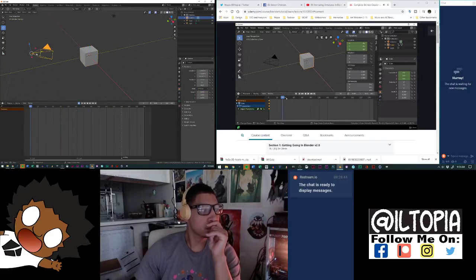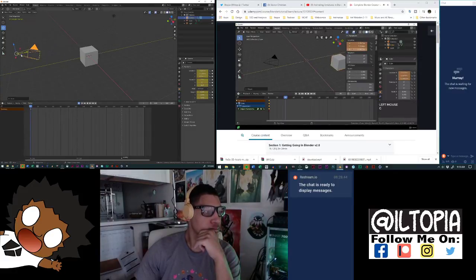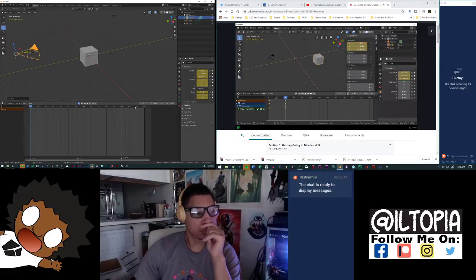So it's incredibly important to just bear in mind that when you move your cube or rotate it or scale it, let's do this now, let's press G, move the cube, then we go over to the area that we want to key and press I, and there we go, that is now keyed in. What happens when we play this back? Well, let's go back to the beginning. We're going to jump back to the very beginning of the animation and press play, and there we go,